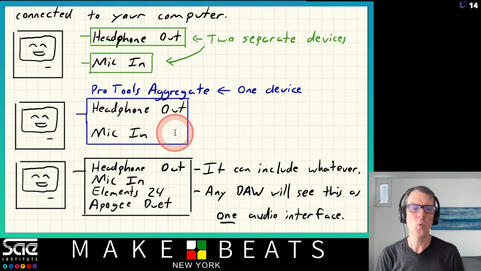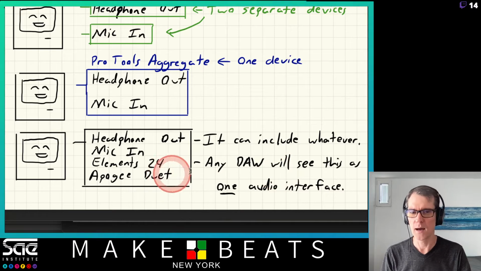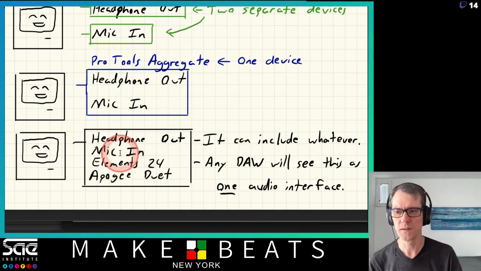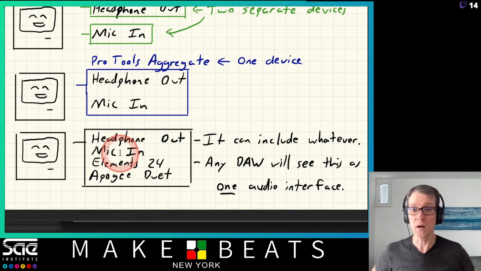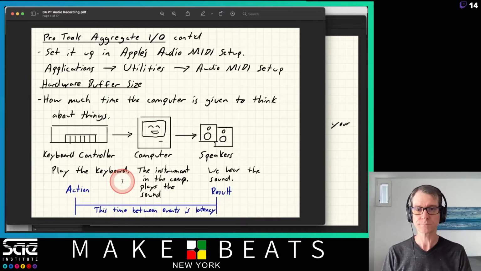This can include anything you want. It can include any DAW, any microphone in, any audio interfaces, inputs, outputs. If you have 5 different audio interfaces connected to your computer, it will see all of them, which is pretty darn cool. So here's how we set it up. We actually have to set this up